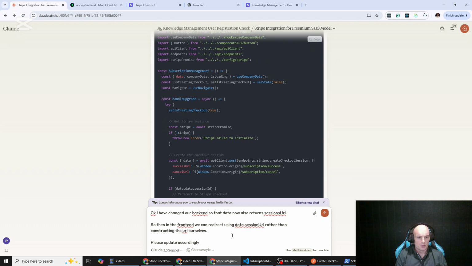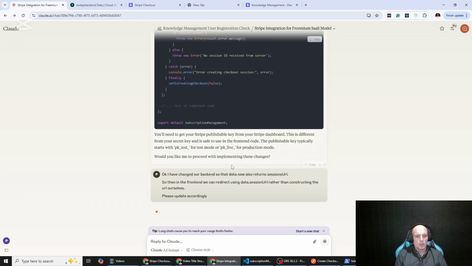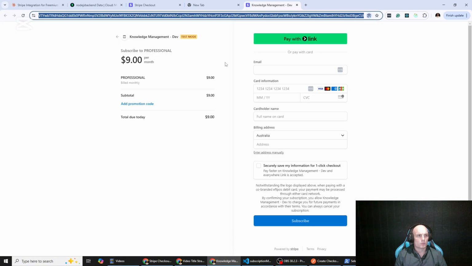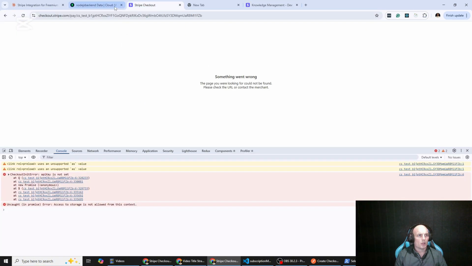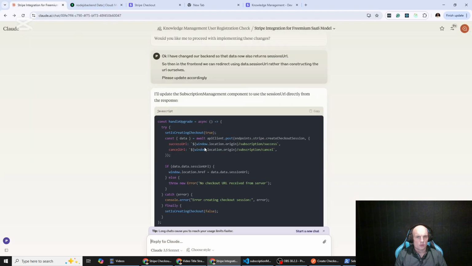But initializing Stripe does give some more options, is what ChatGPT is saying. So let's just run with this. And yeah. All right, so